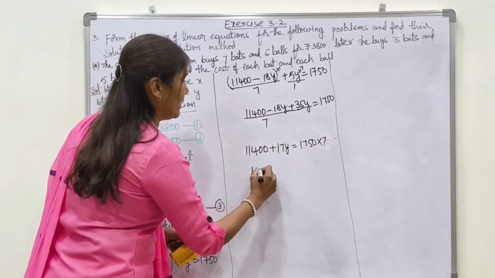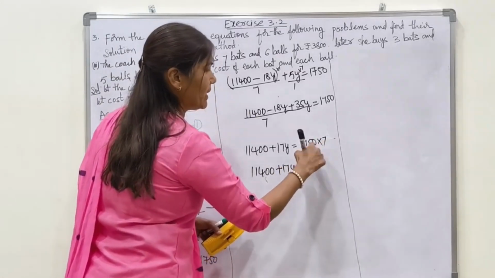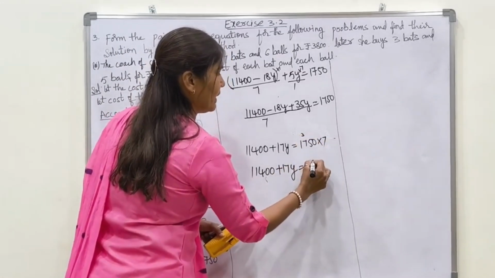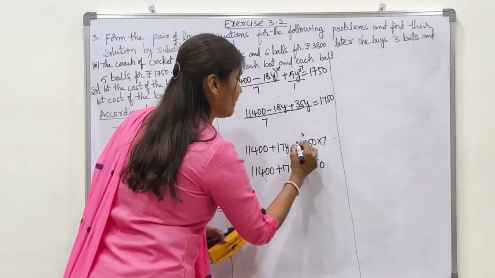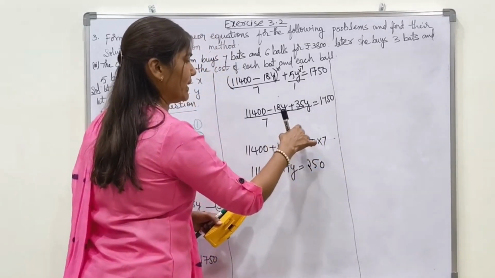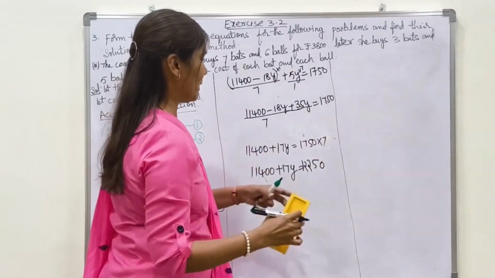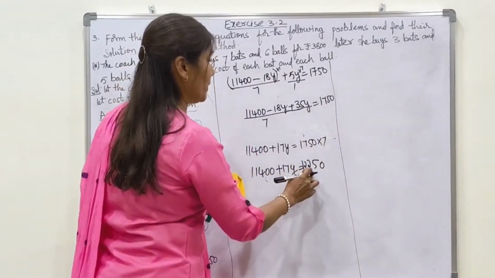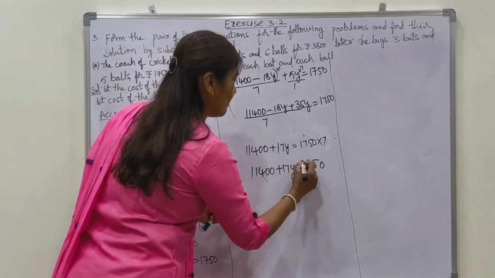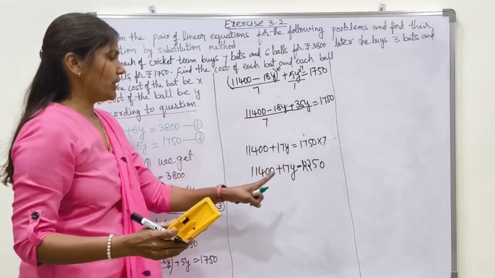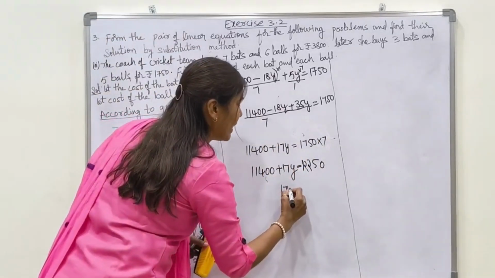Now write here 11,400 plus 17y is equal to this 2 multiply. 7 zeros are 0, 7 5s are 35. Next 7 7s are 49, 50, 51, 52. Here 5 will remain, 7 1s are 7, 8, 9, 10, 11, 12. You will get 12,250. See here, this is the is equal to, don't confuse, this 1 is equal to 12,250 you will get. Now this number you send that side, 17y equal to